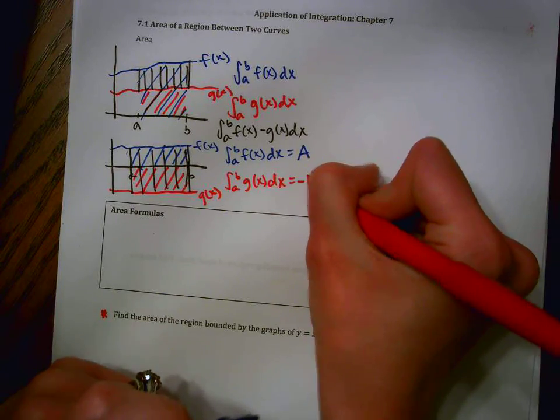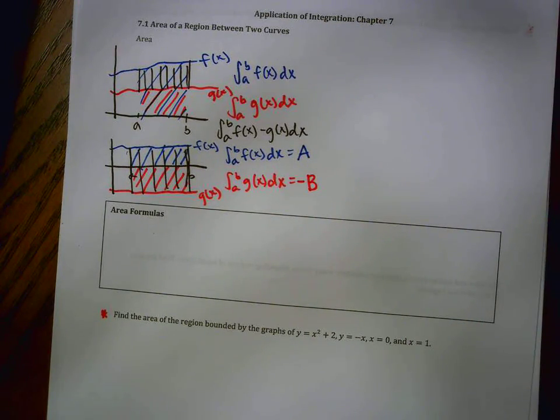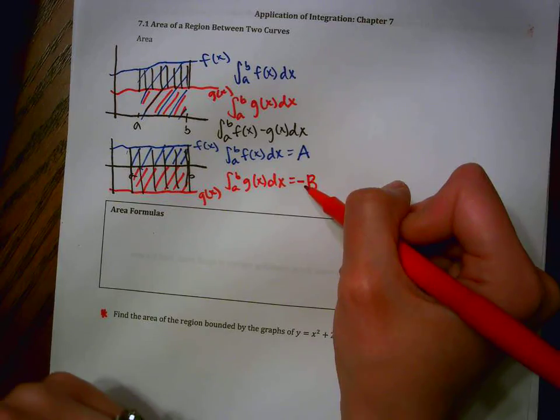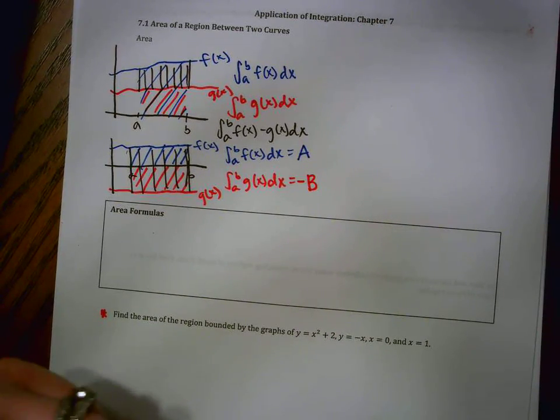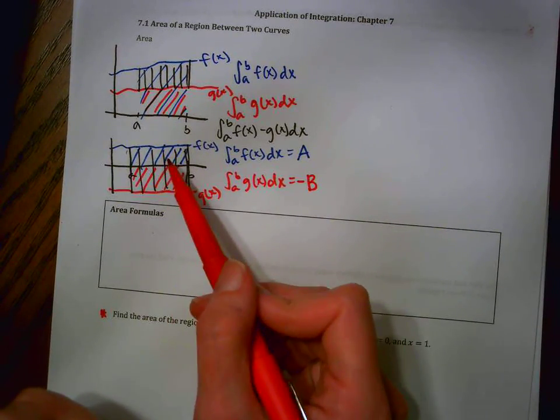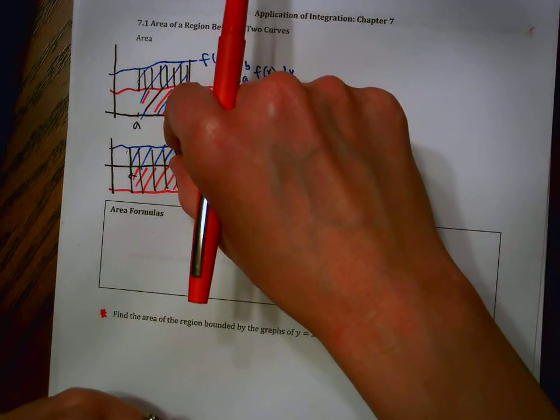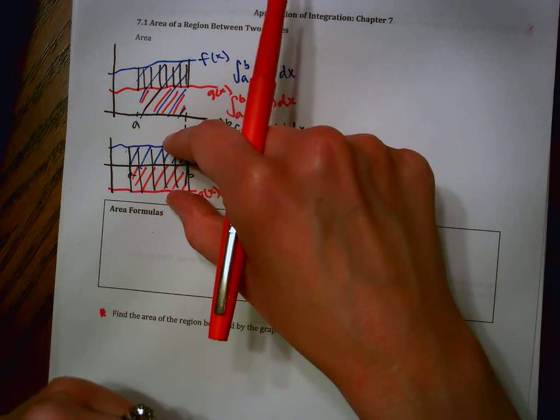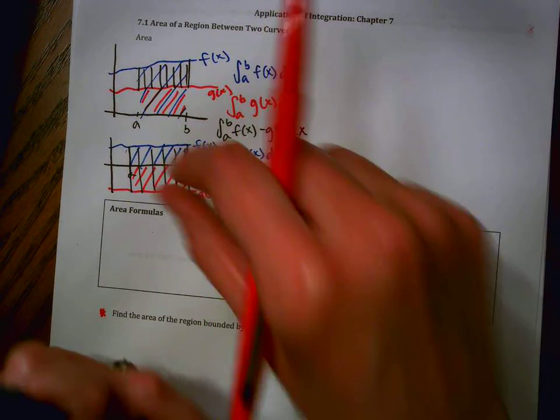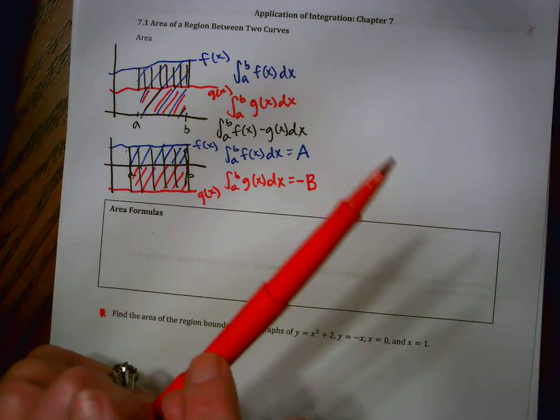And we'll say that this, we know it's negative, and I'll just say it's negative b, just to show you that this is a positive area and that's a negative area. So if we think about this, if we want to find the total area, this area plus this area would equal the total area, but this area is negative, so if you set it up,